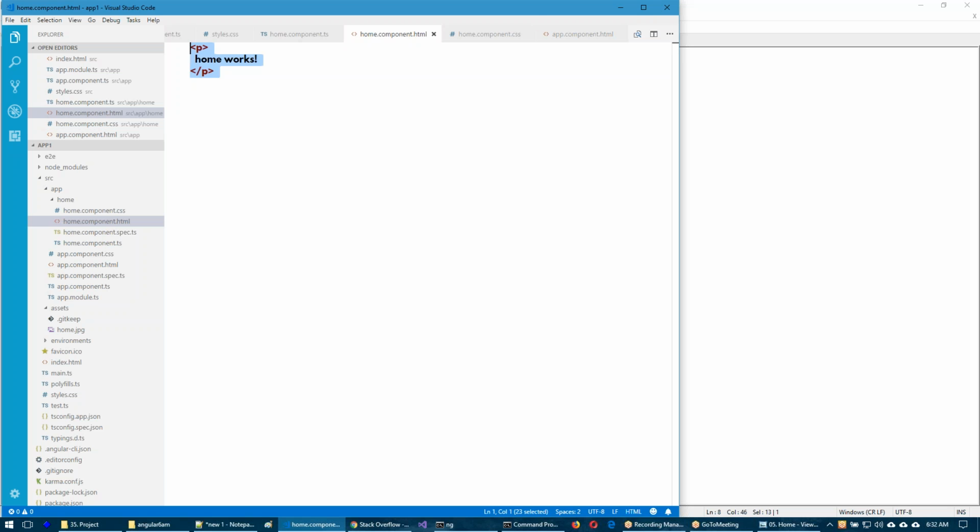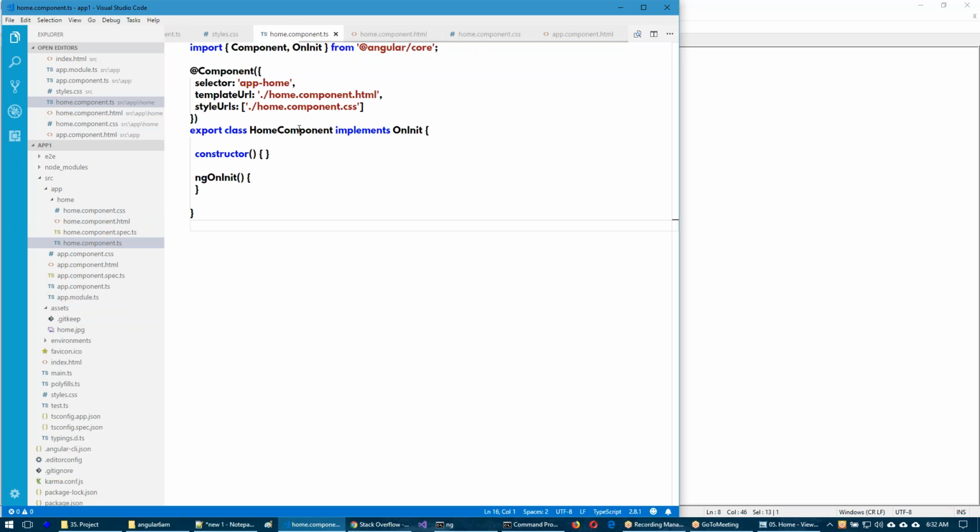So simple, some content we are writing in this HTML file. Its related CSS we are writing here. Mainly, first of all, the component needs to be created. That is done in the component.ts file. Here is a component, home component. I told you the suffix component will be added automatically. And here is the CSS file name, HTML file name, and every component is associated to some tag, like app-home. We can change this tag name. With this tag name only we can call it. Okay, next let's create a few more components.